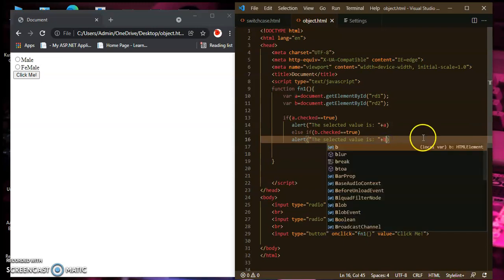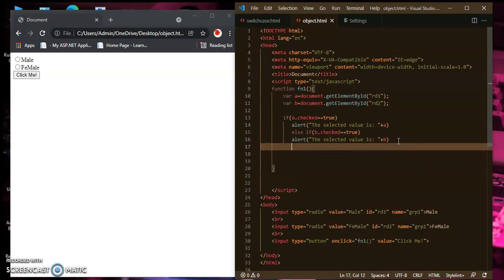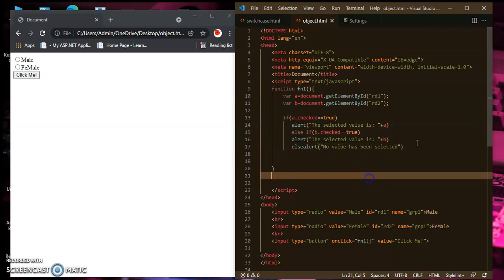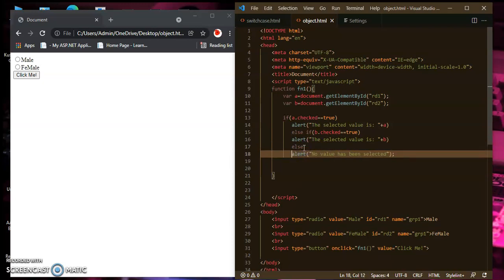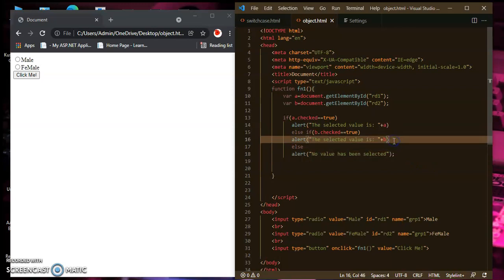Okay, else alert no value is selected, right? No value has been selected, right? So this type you will write the alert messages.